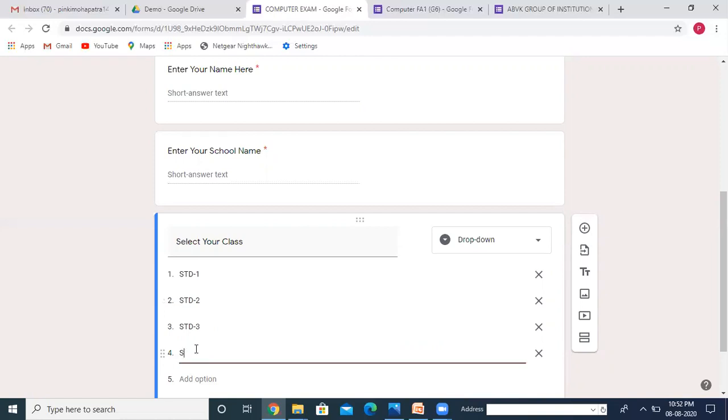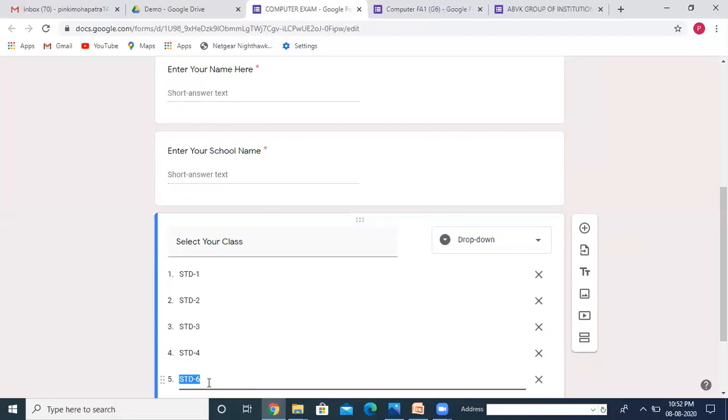For demonstration purposes, I am taking only 5 classes. But when we are conducting any online exam, we have to add all the classes. Standard 4 and standard 5. So the students can select their respective class from the box.